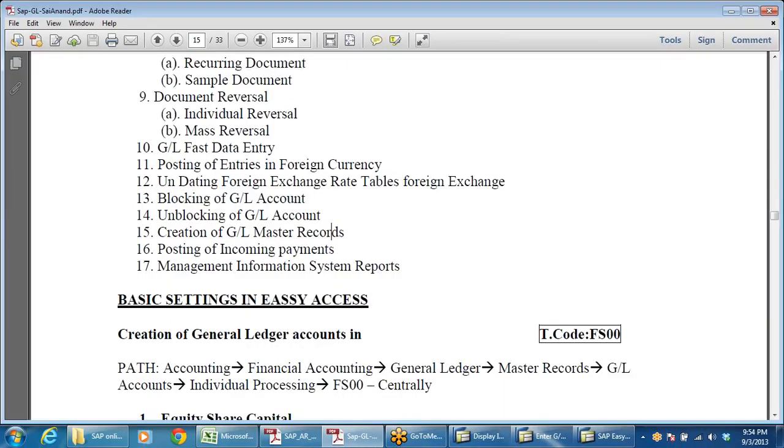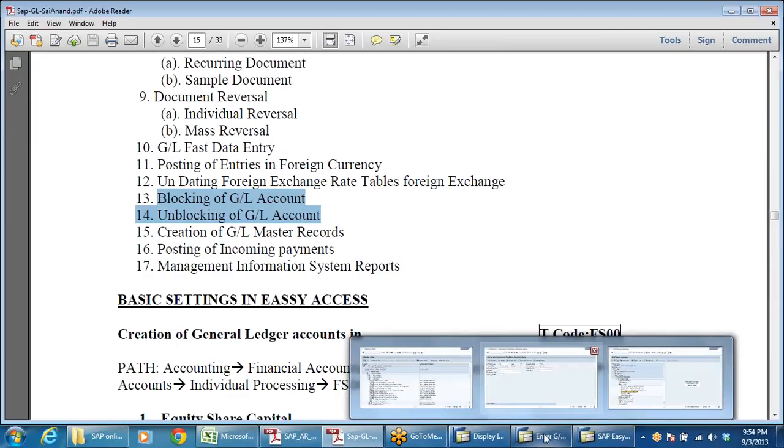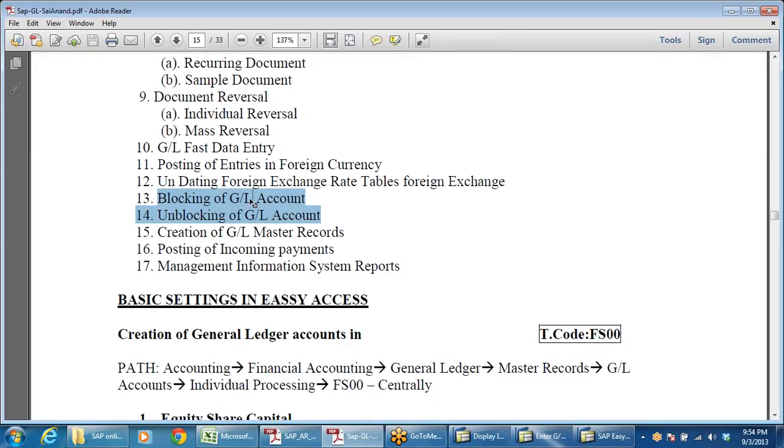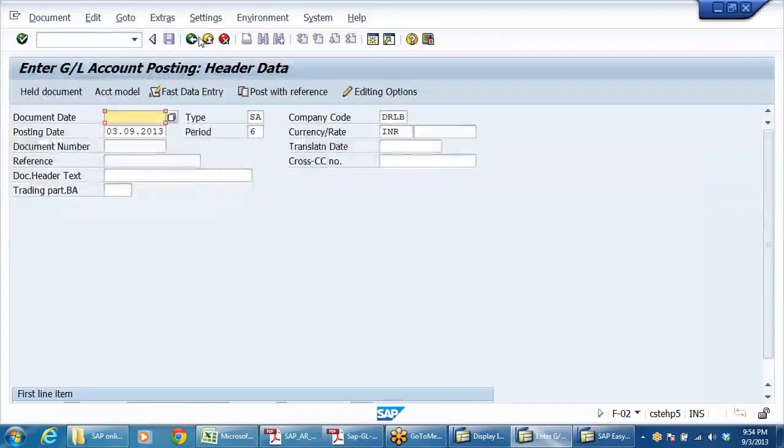So next is blocking or unblocking of a GL. Have you seen blocking, unblocking already? Do anybody remember that? No. No, not yet complete. No, we have not seen it. Okay.